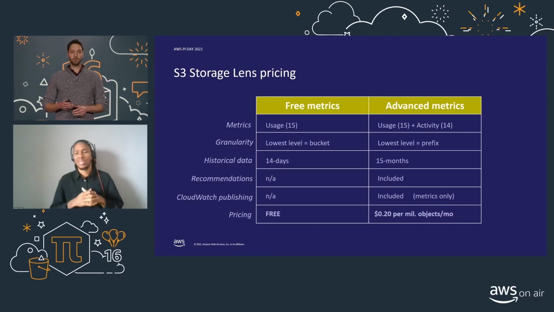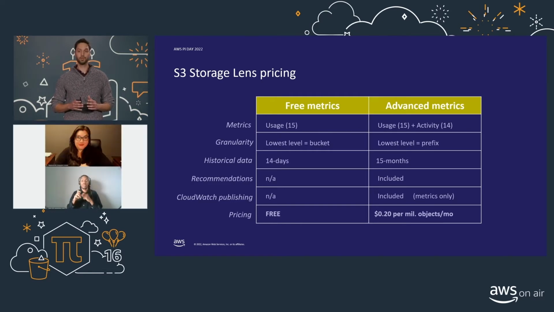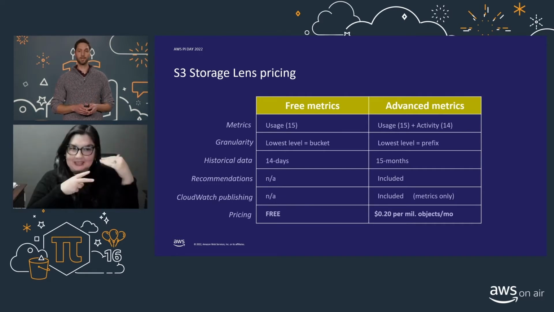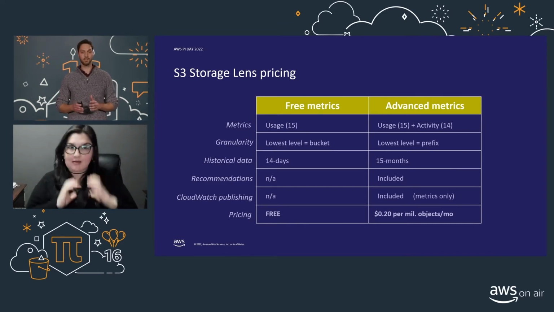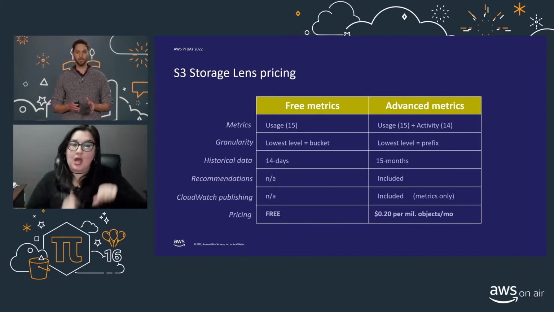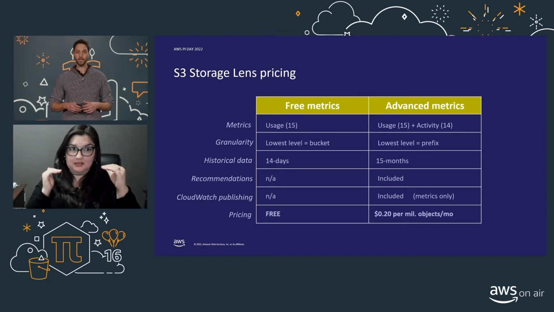So before we move into our demo, let's first talk about pricing. Storage Lens pricing consists of a simple 2-tier model with a free version that is auto-enabled for all customers and a paid version which customers can upgrade to for a cost of 20 cents per million objects monitored per month. By upgrading, one can gain access to multiple capabilities including additional metrics, deeper granularity at the prefix level, longer historical ranges, and the recommendation feature.